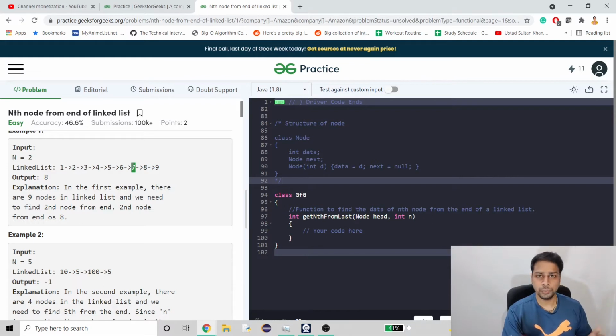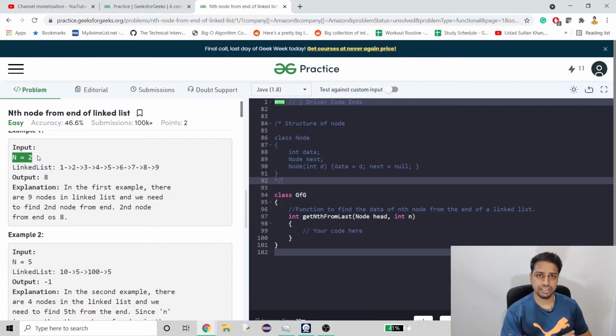But if we do plus 1, we have achieved the output that we wanted. So the formula is the size of the linked list minus n, where n will be given to us, plus 1. When we do that, we know this is the index that we have to fetch.